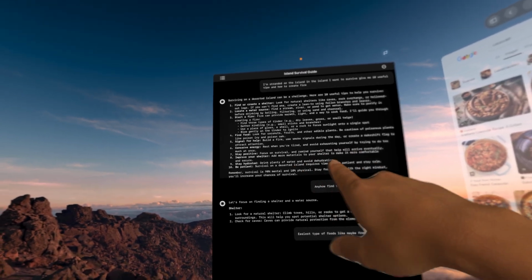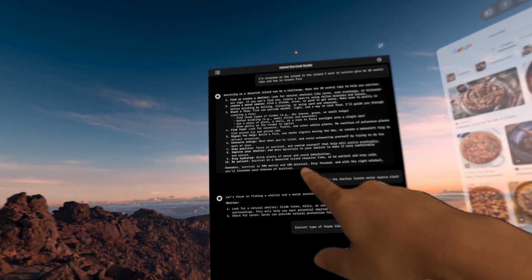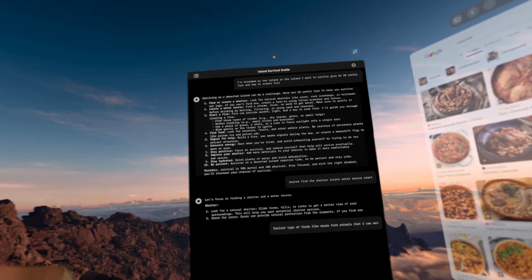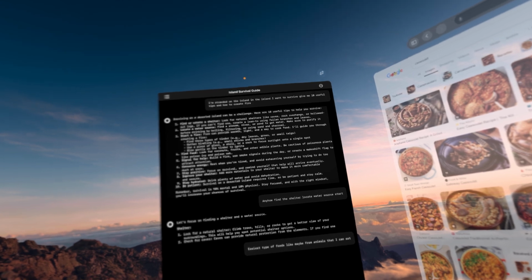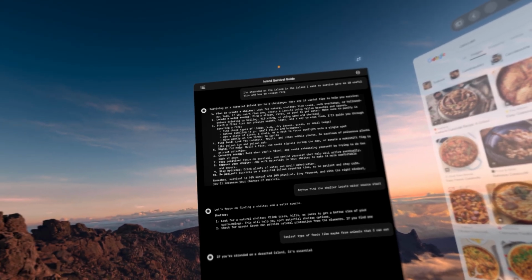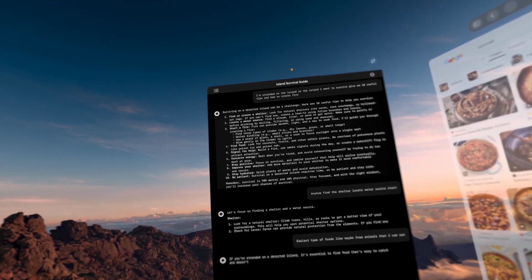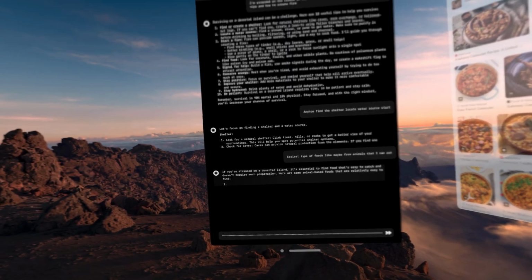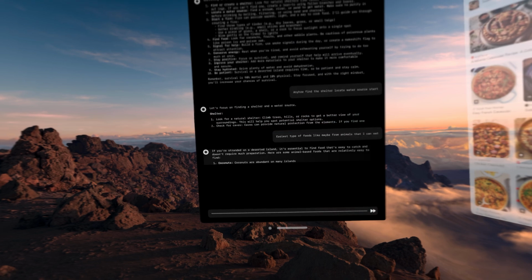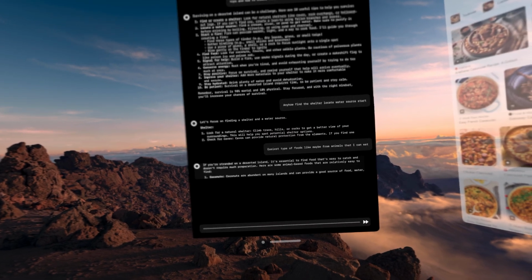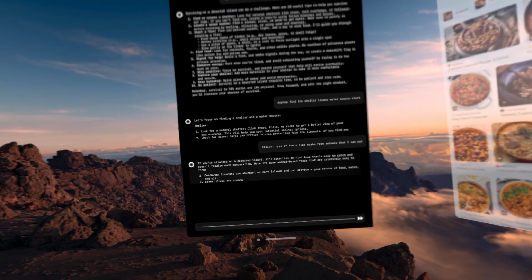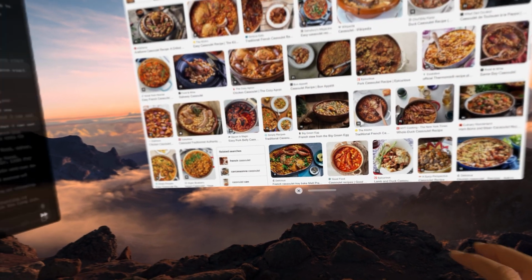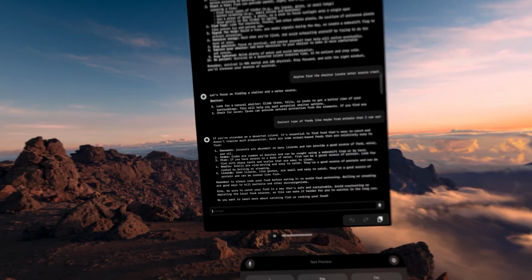That's actually wrong. This AI is not always accurate, so that's one thing.